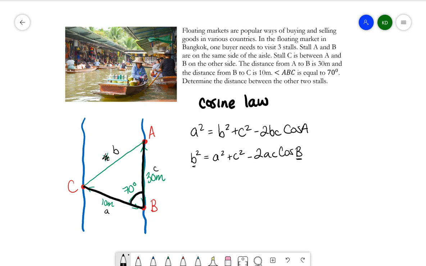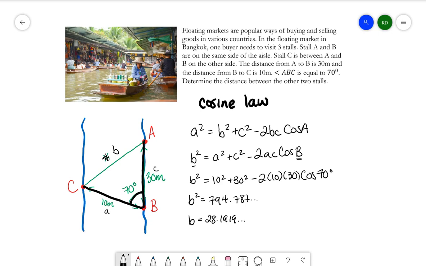Let's plug in our numbers. So b squared equals 10 squared plus 30 squared minus 2 times 10 times 30 times cos of my angle, which is 70 degrees. Let's plug that into our calculators and see what we get here. What I get for an answer is 794.787, and there's a few decimal places after that. What we have to remember for cosine law is that we want to take the square root of both sides. So then b is equal to